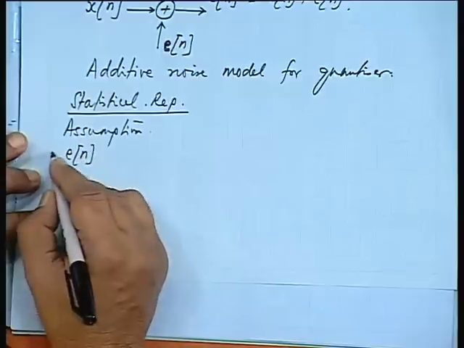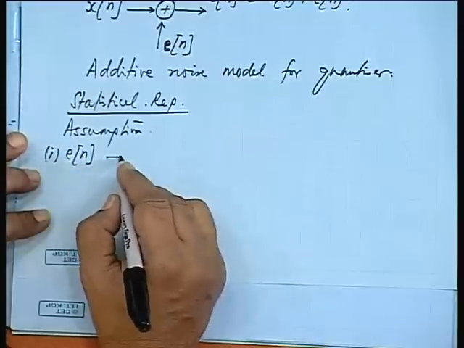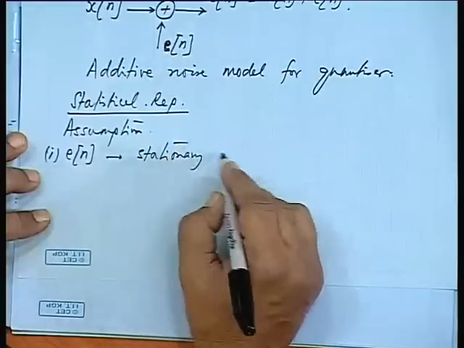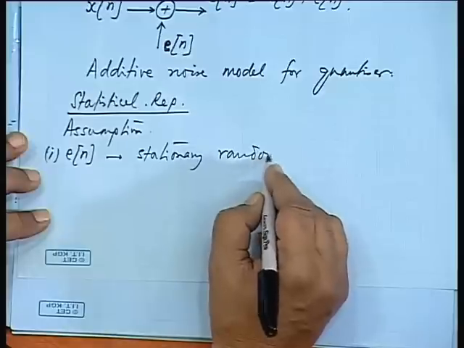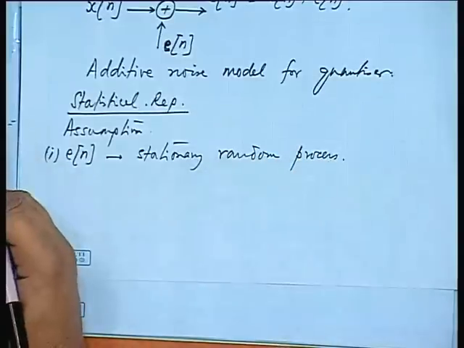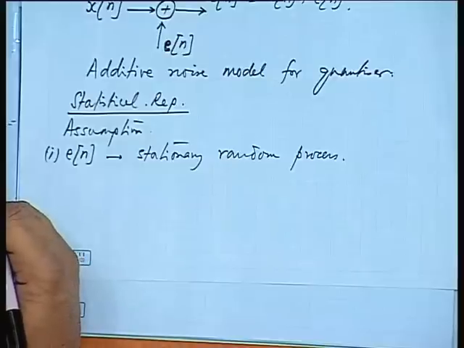En, the first assumption is En is a stationary random process. It all depends on the signal. If the signal is varying, all right, then you can have a random process representation. Suppose it is a step function, then it does not change. That is an exception, but for the general signals it will